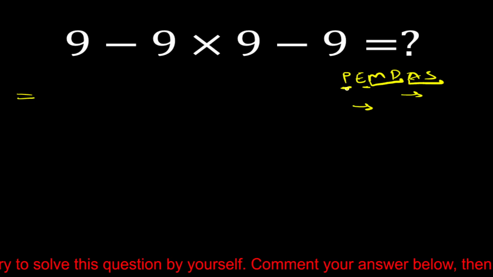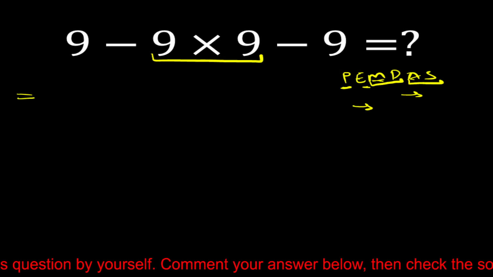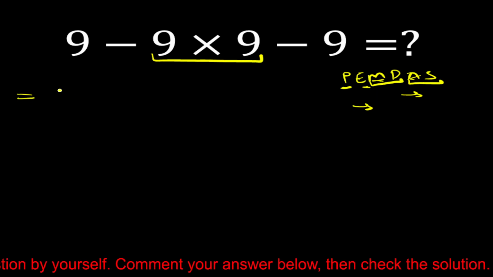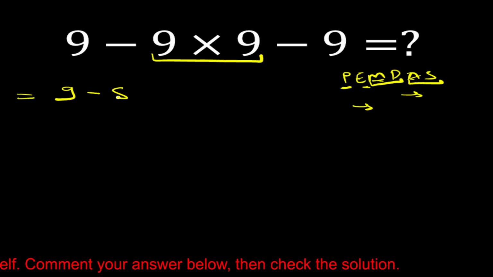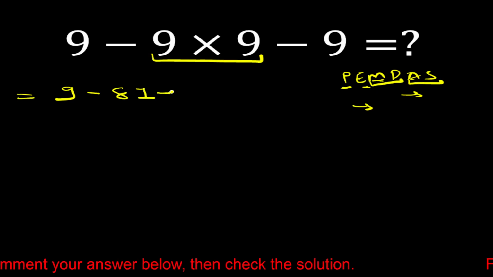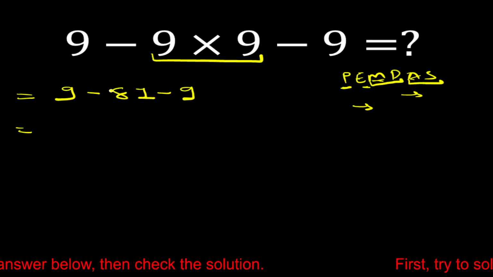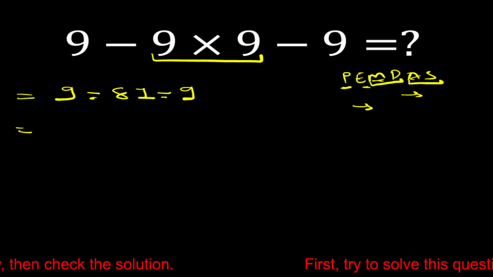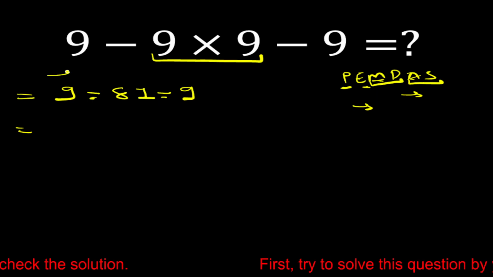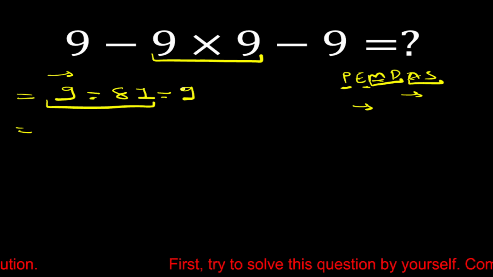Now, in this problem, the first priority is multiplication. So first we have to solve this part. 9 minus 9 multiply 9 is equal to 9 minus 81. Okay. So here is a minus and here is a minus. Both have equal priority. Therefore, we have to solve it from left to right. So first we have to solve this part. Then we have to solve